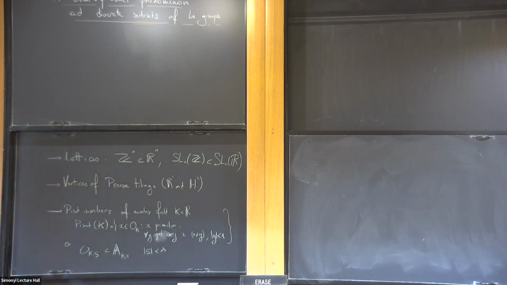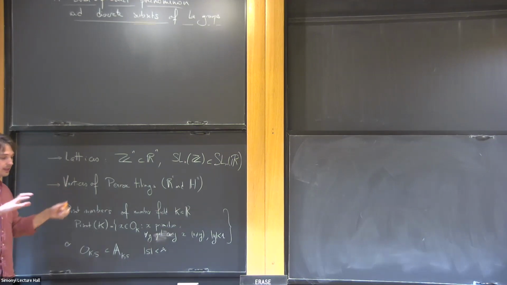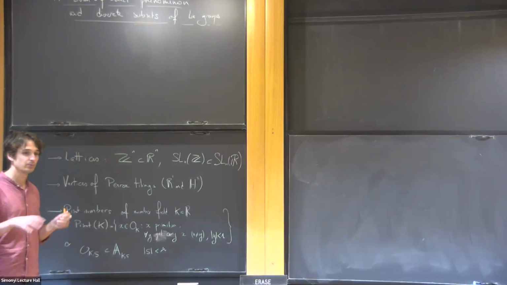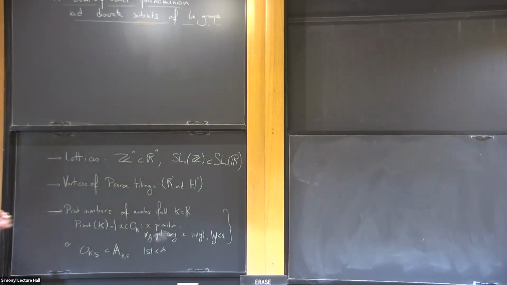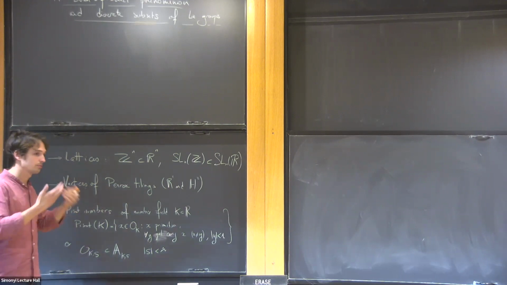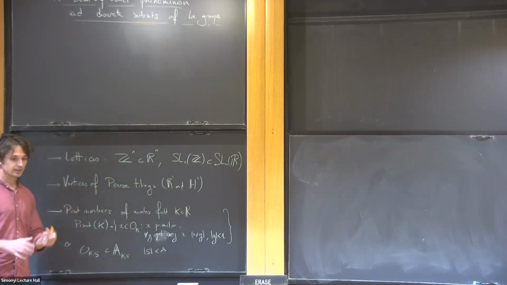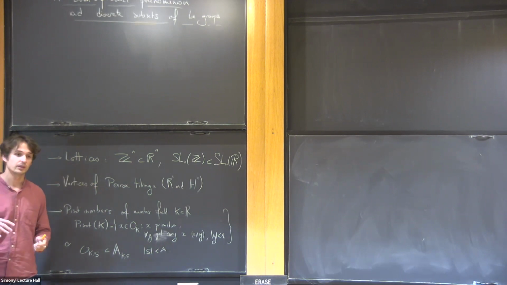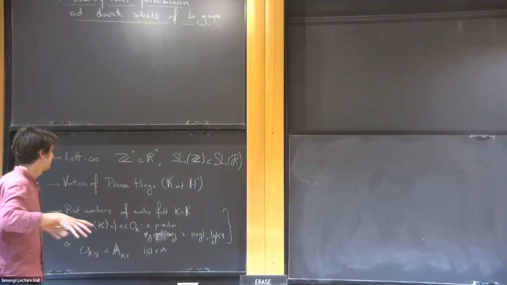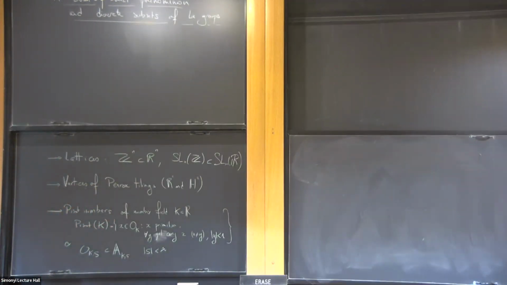Another slightly more funky, slightly less regular subset of a Lie group, here it could be R^2 or the hyperbolic plane, is what I call the vertices of Penrose tilings. A tiling in general is when you have a finite number of polygons, and you tile the whole plane using them by translating them. Penrose tilings are examples of such tilings that are very interesting for lots of reasons. When I say vertices, each of these polygons has a number of vertices, and you just look at all the vertices you have in your plane. It gives you a really nice, really well spread subset. So that's a type of subset I want to look at too.